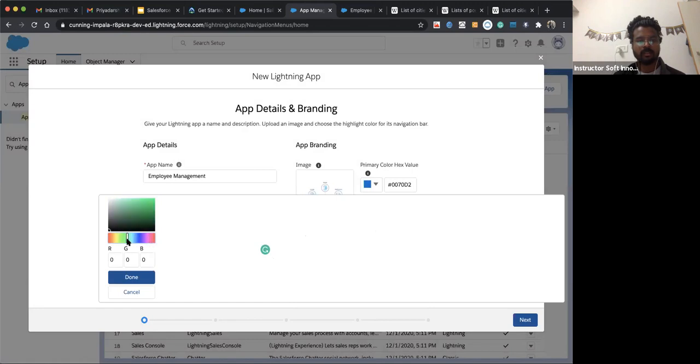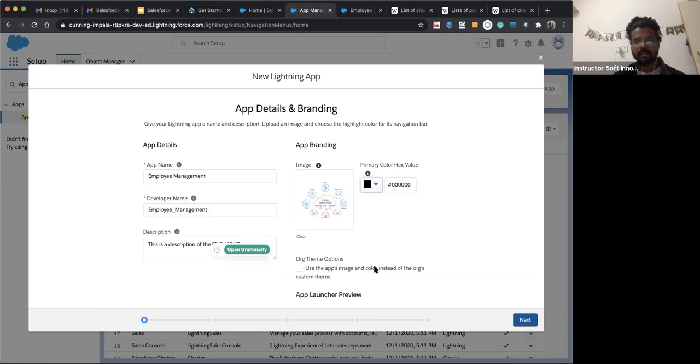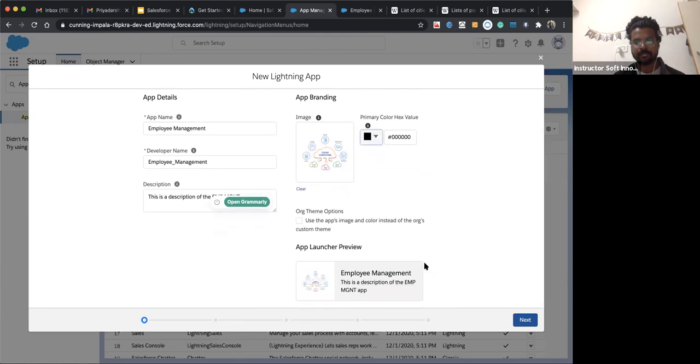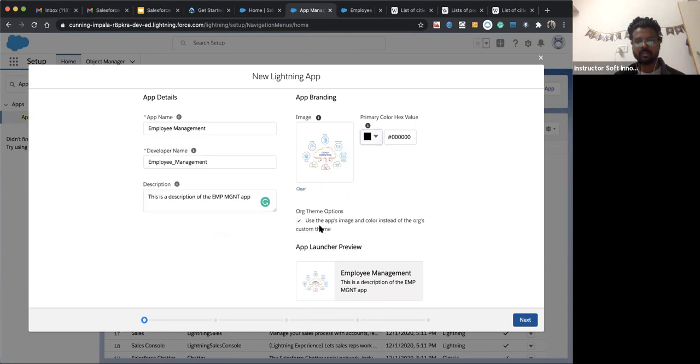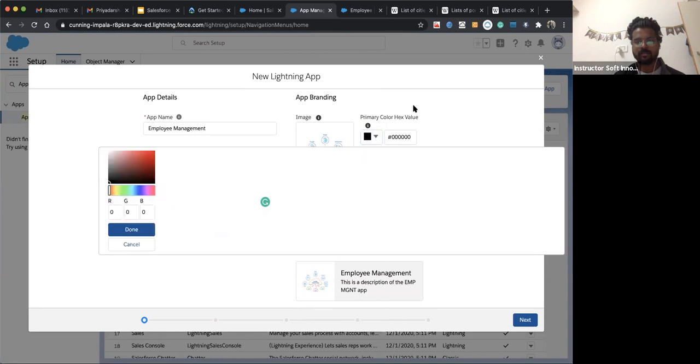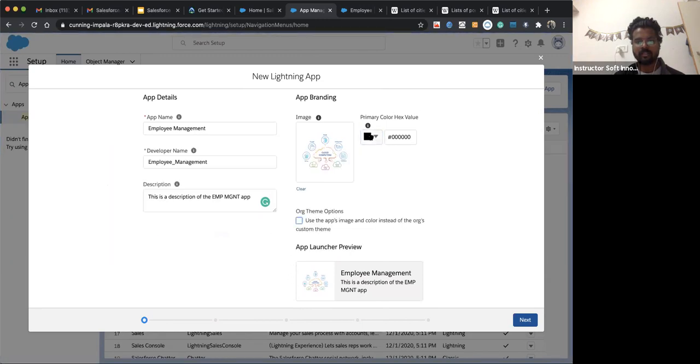Let's make it dark blue. Okay. This will let you check that it will use the color from this image. I just don't want to use that. I just want to use red color. Sorry, need to uncheck it.